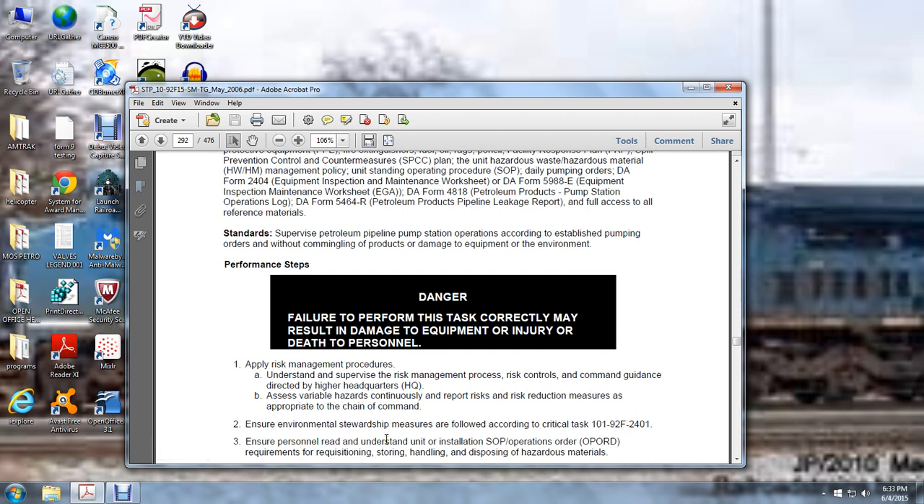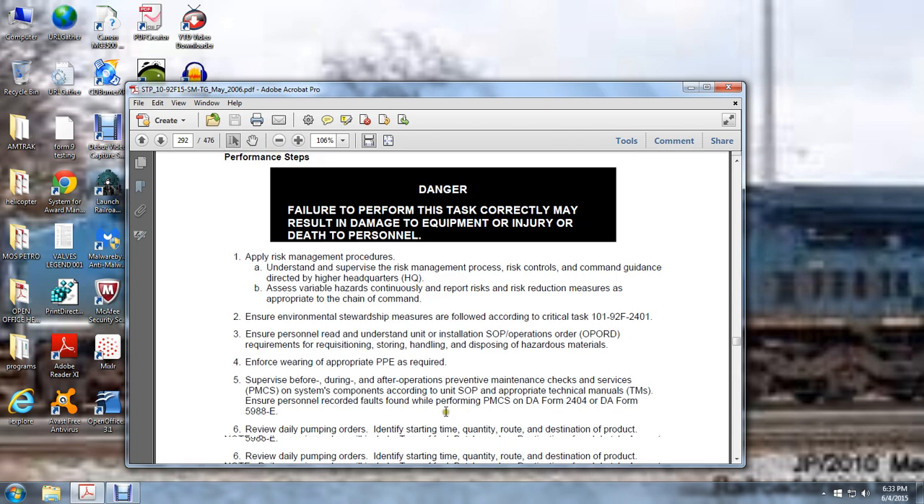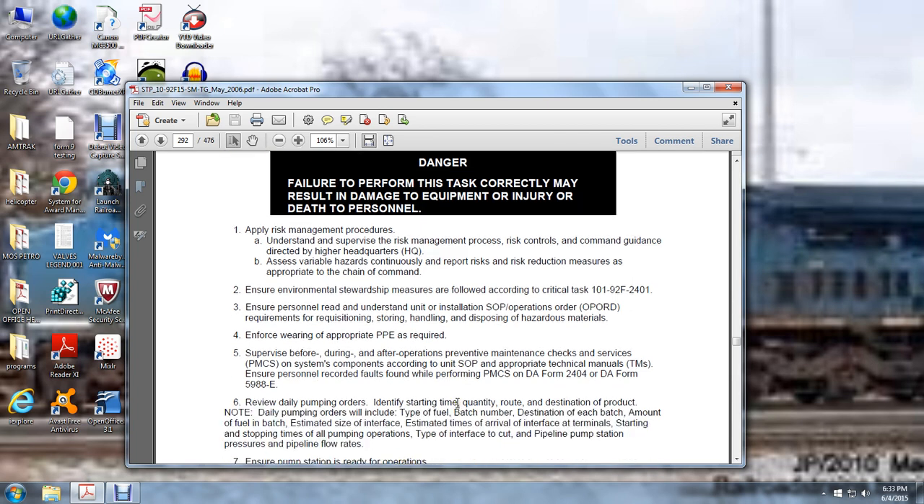Ensure personnel read and understand the unit installation standing operating procedure requirements for requisitioning, storing, handling, and disposing of hazardous material. Enforce wearing of the appropriate personal protective equipment and supervise before, during, and after operation. Perform preventive maintenance checks and services on the system components according to the unit standing operating procedures and appropriate technical manuals. Ensure personnel record faults found while performing preventive maintenance checks and services on the DA Form 2404, DA Form 5988E. Review daily pumping orders, identify the starting time, qualifying route,